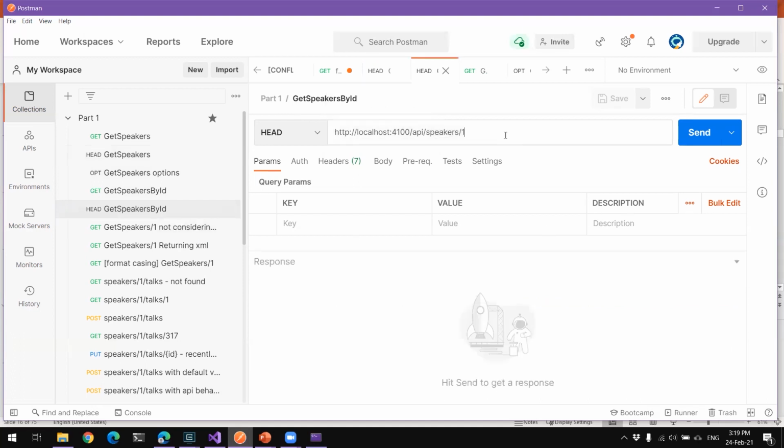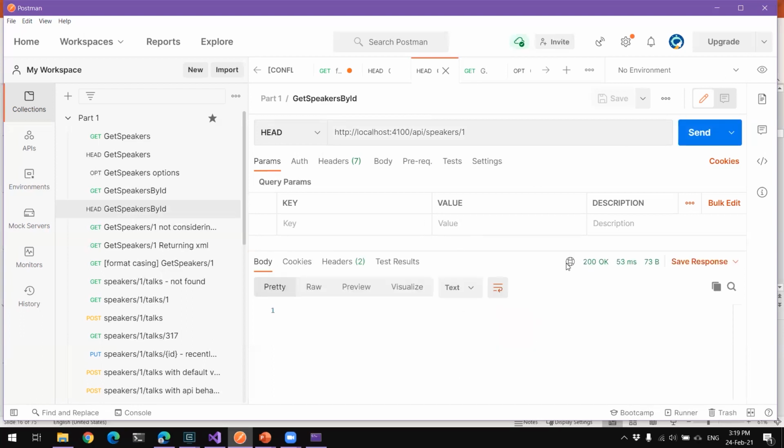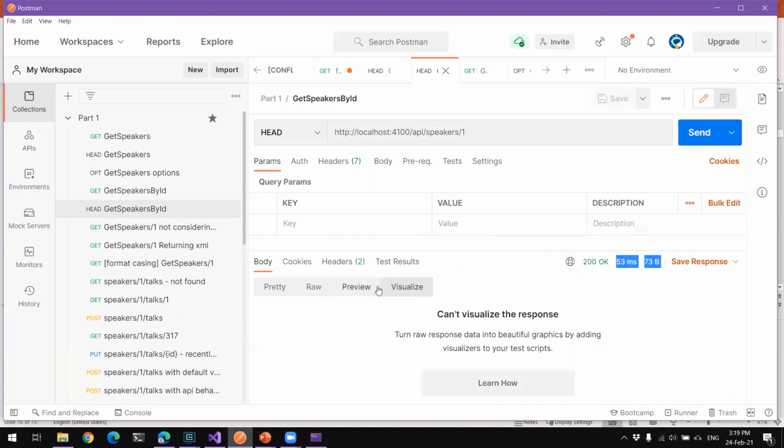But if you look at speakers by ID, maybe you want a scenario where you poll for something, or you send something to a queue to be processed, and you say, hey, is this processed? You don't care about the body. You care to see if it's there or something like that. And you send the request, and now you get a 200 OK, but no body as a response.